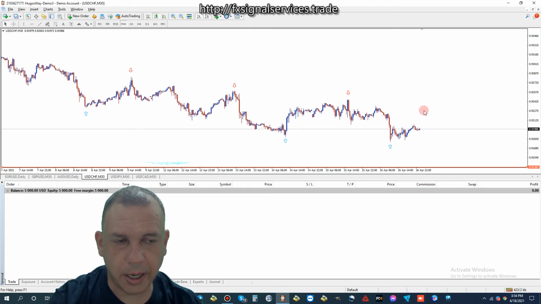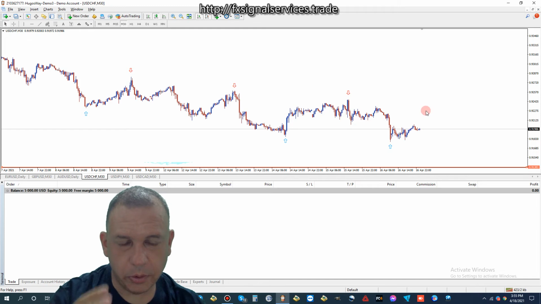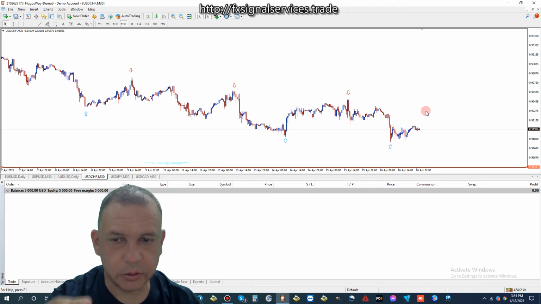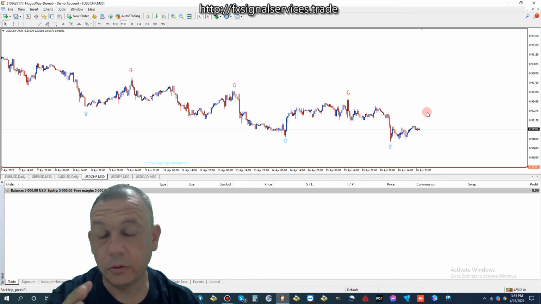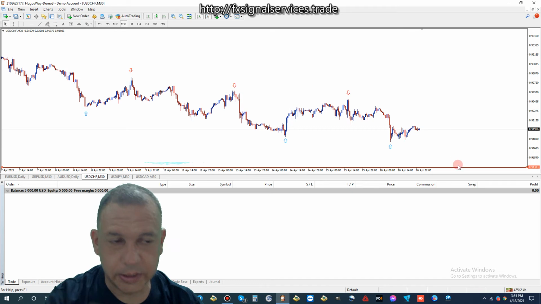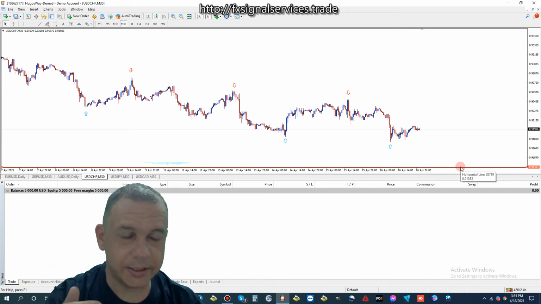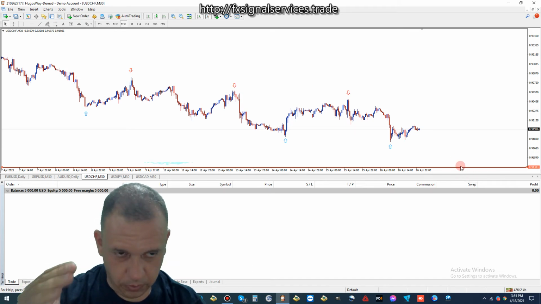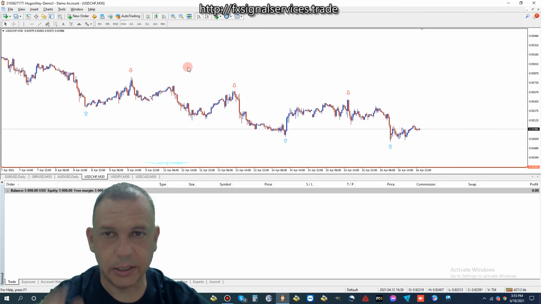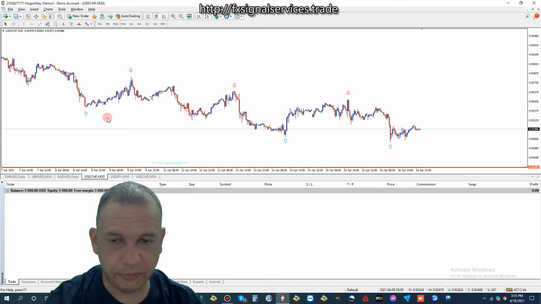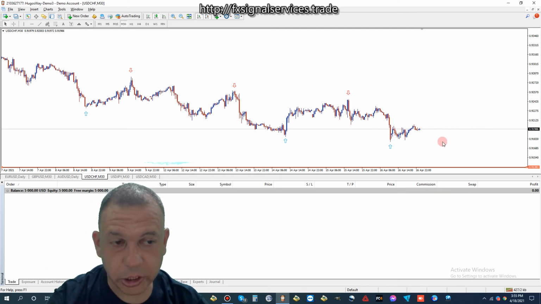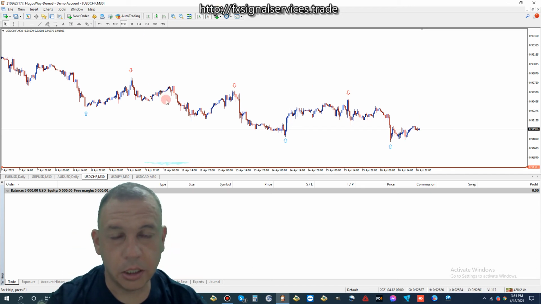Right now it shows the buy, but I would wait until at least the New York session on Monday before I place any trades at all to see what the market is doing. Okay, I would most likely wait until you get a red arrow and then sell and close it on the next blue arrow. Okay, and repeat that process. Buy and sell both on a 30-minute time frame. We should by the middle of the week see this rebound and come back up, because long term the US dollar is going to be going up anyhow.